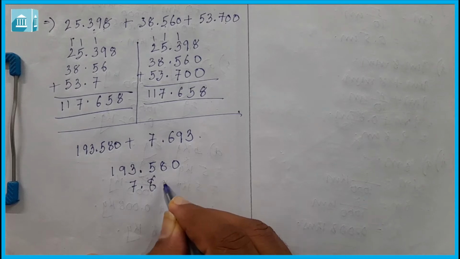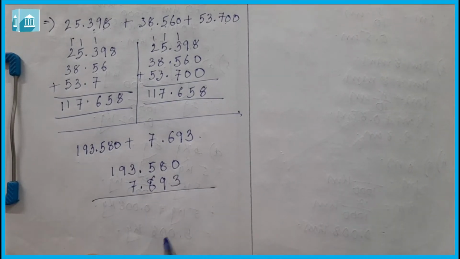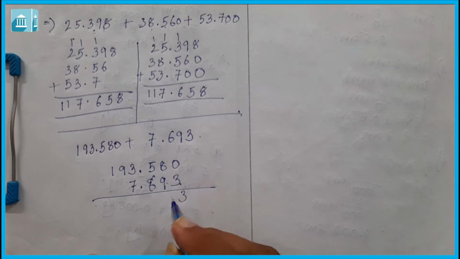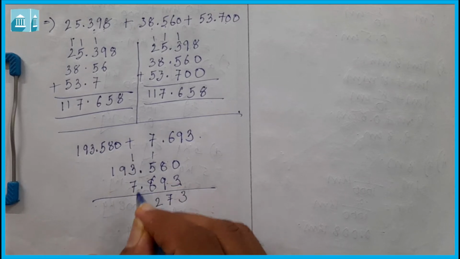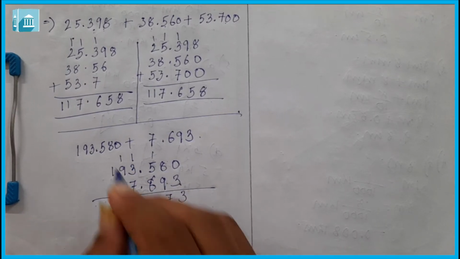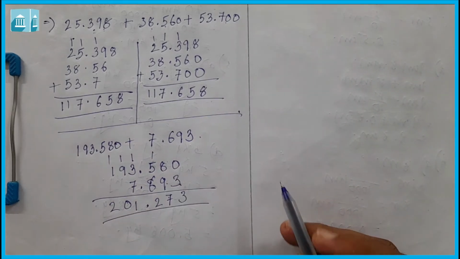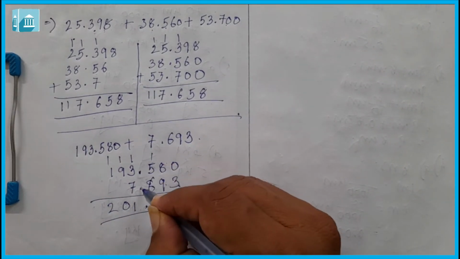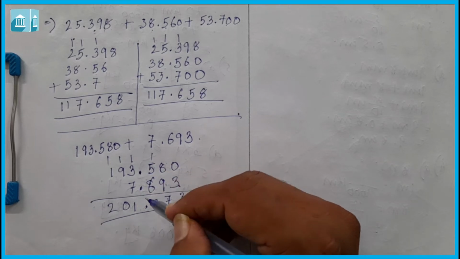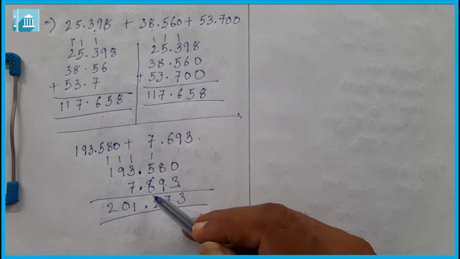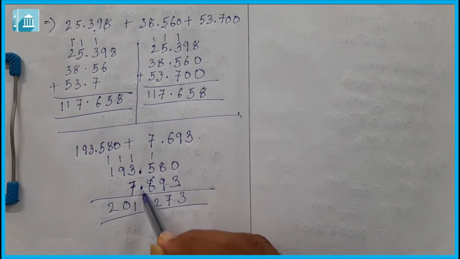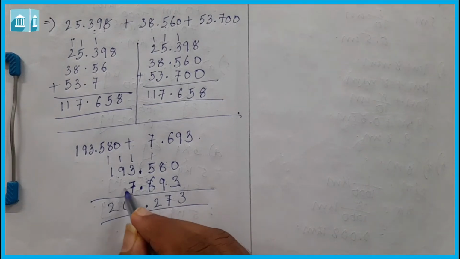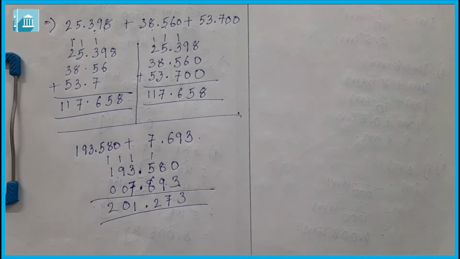Then 693. This will be 0 plus 3 is 3, 8 plus 9 is 17, so 7, 6 plus 6 is 12, point here, 10 plus 1 is 11, 0 and 2. So we need to keep in mind that this decimal point should always be in a straight line. The decimal point should always come in a straight line. Whether there are 3, 4 or 5 digits, write the numbers accordingly so that the decimal points come in a straight line. Here you can add 0 0 also to keep the decimal point in a straight line.